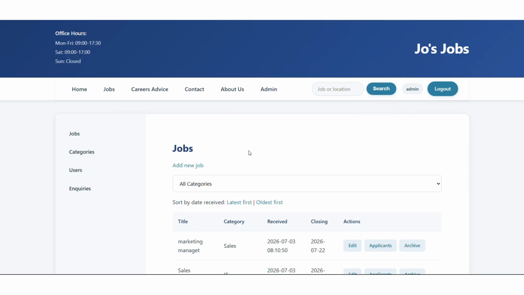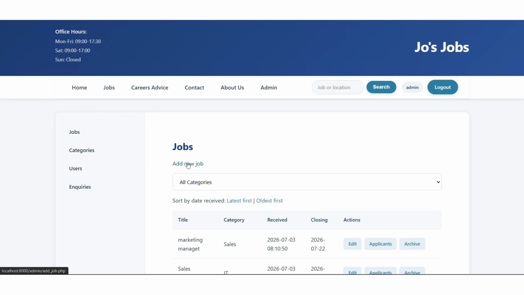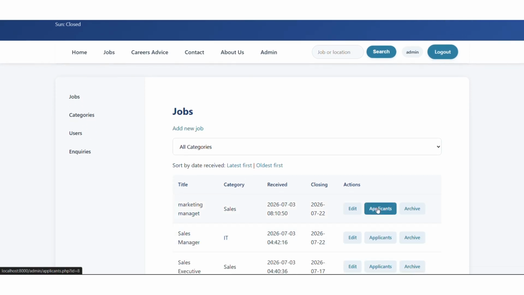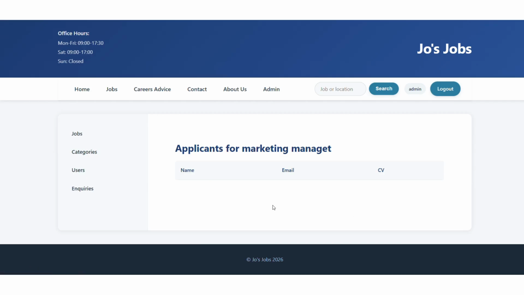The job is created and linked to this client. Now let's view the job applicants for the client's job. Here you can see who has applied. The list shows applicant name, email address, and CV. The CV is stored with a unique file name using uniqid to prevent conflicts.